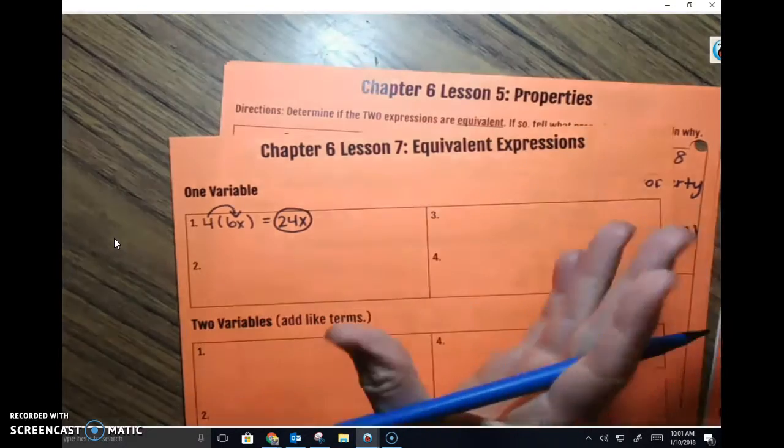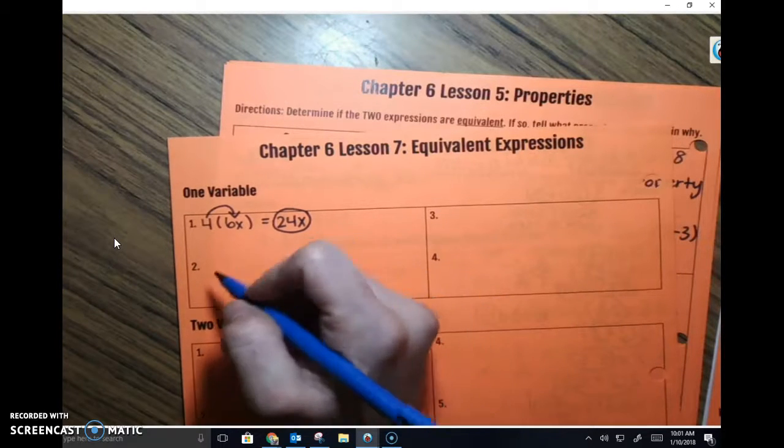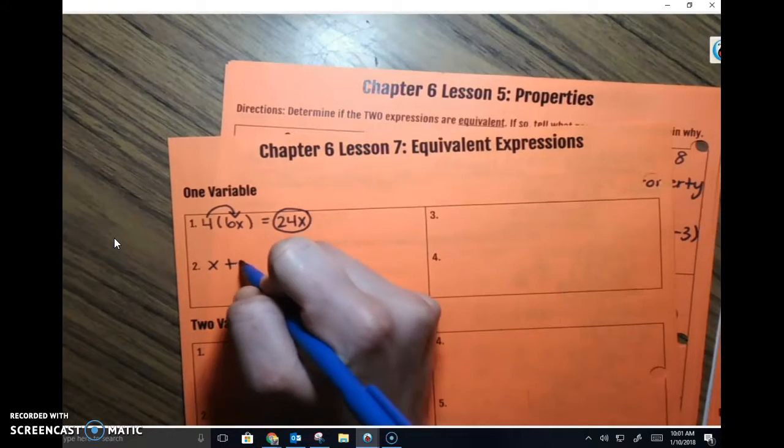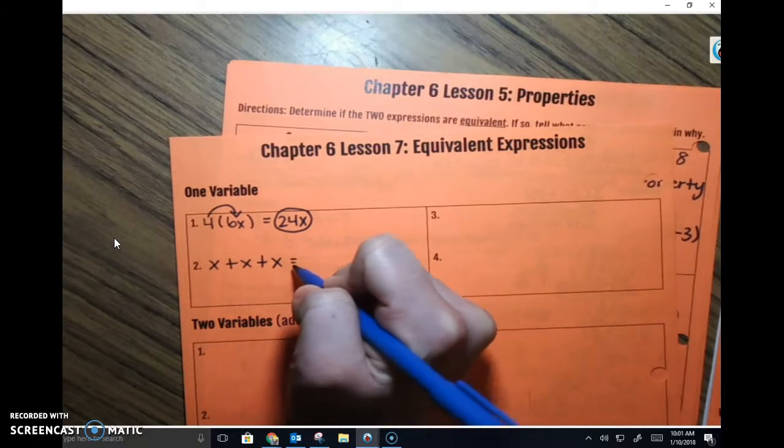So when we multiply, all the letters and numbers go together. However, when we add, we need to make sure that only like terms are being added. In this case,